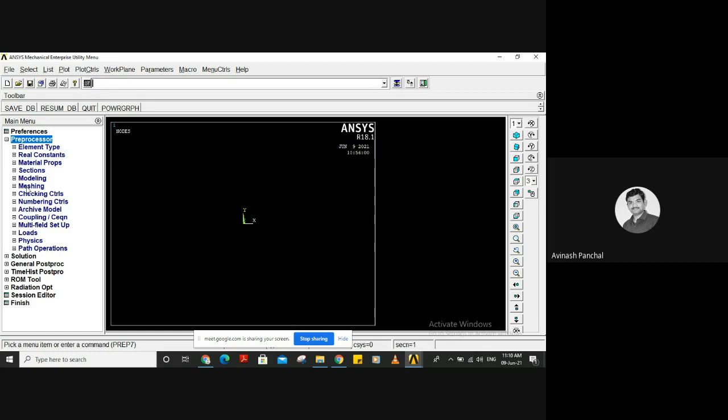We need to have a flexible element size, and that also we can take from this meshing.